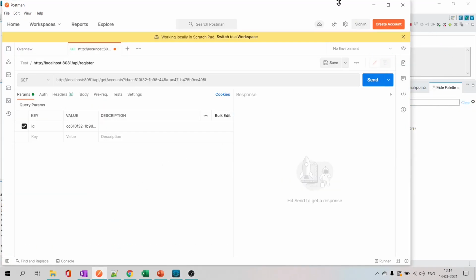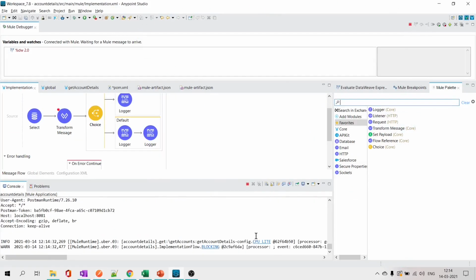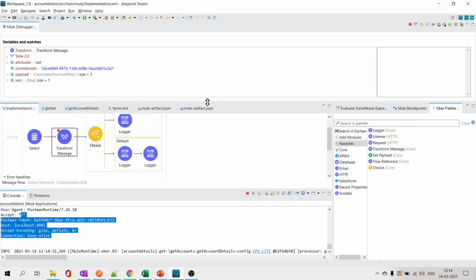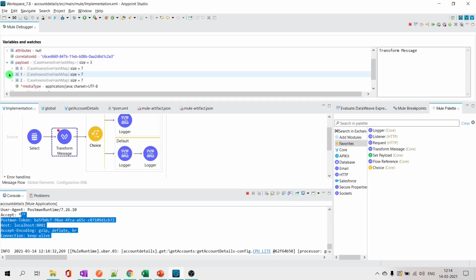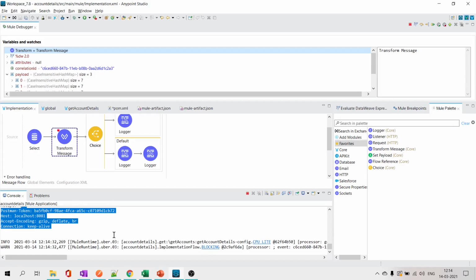Okay, so let me send a request. Here it is. Here I want to see my console logs, and I also have to see where the breakpoint is in my Mule flow, and I also have to understand my Mule event. Right? There's too much going on, so it is clumsy. There is an option where you can print your console log to an external file and read from there.